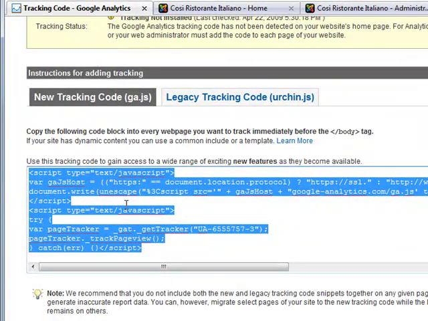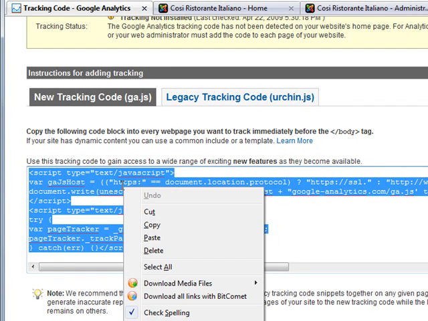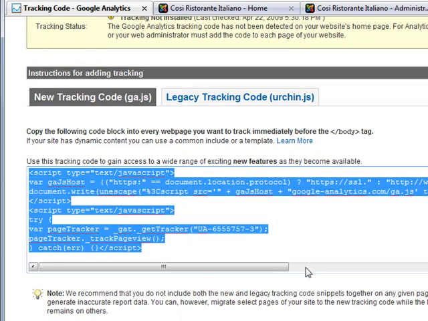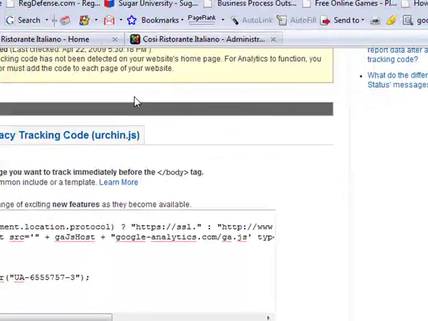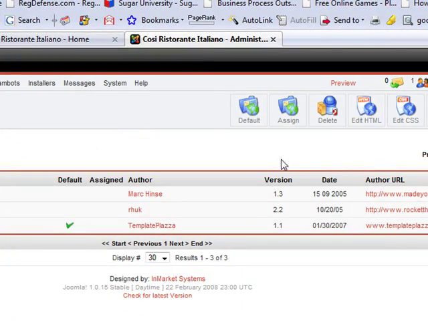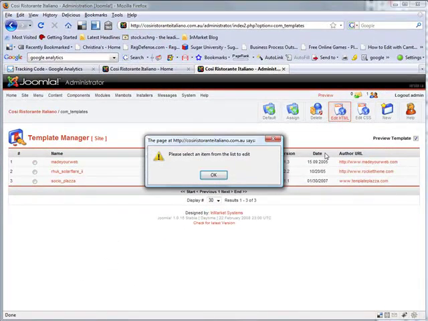So the easiest way to do this is to click on here, hold down the control key and click C. So control C, that will actually copy it. Another way of doing it is right clicking and copying it this way. Now it gives you instruction on how to actually insert this. Google says copy the following code block into every page you want to track immediately before the /body tag. Now this website actually runs on a Joomla platform, so I can do this very easily by editing the